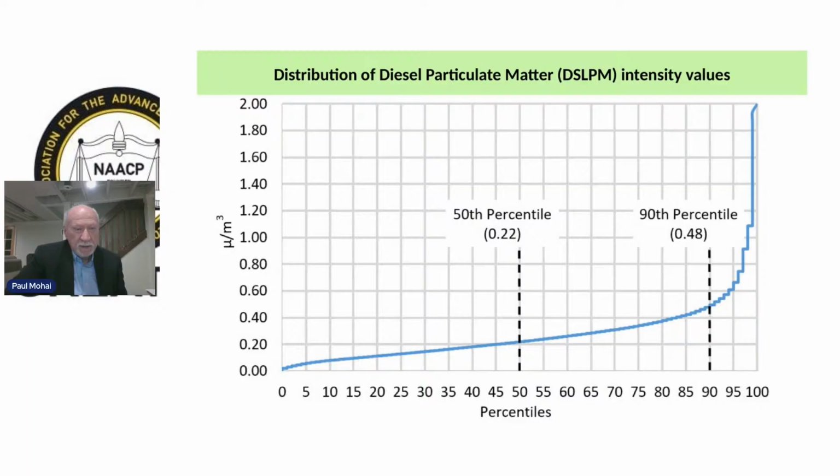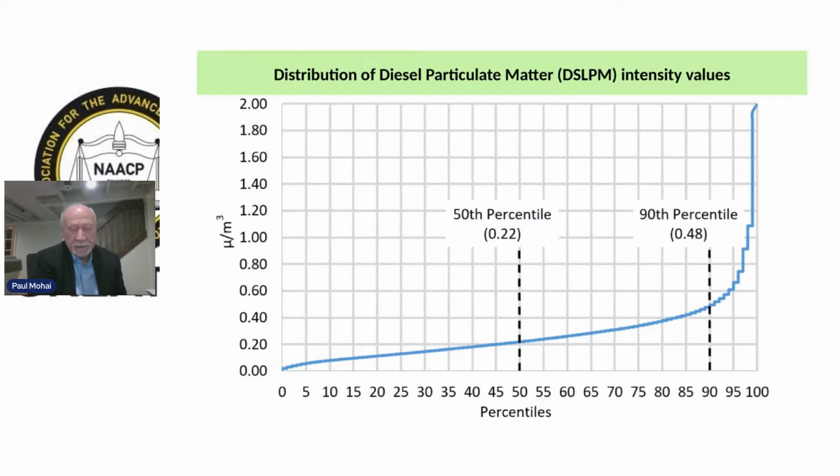So I'm going to use diesel PM as an example. This is one of the 13 environmental burden indicators, as you see here. Essentially what I did here was to sort all the 85,000, somewhere around that neighborhood, census tracts in the 50 states and Puerto Rico, based on the diesel PM concentration, which is measured in micrograms per cubic meter, and sorting the census tracts from the smallest value to the highest. You get a curve,